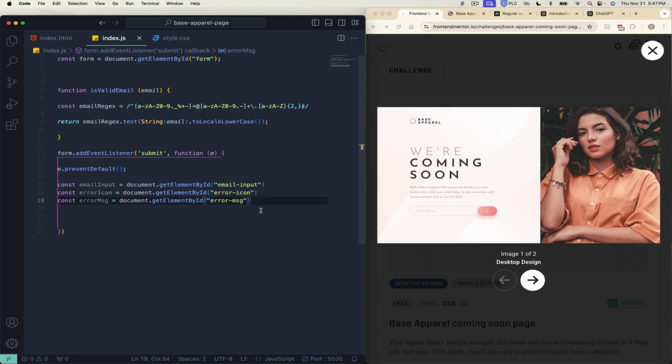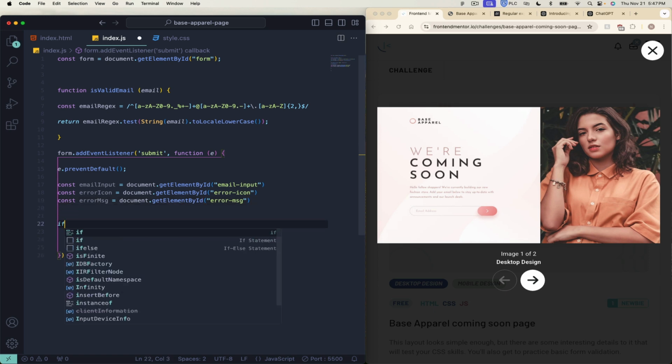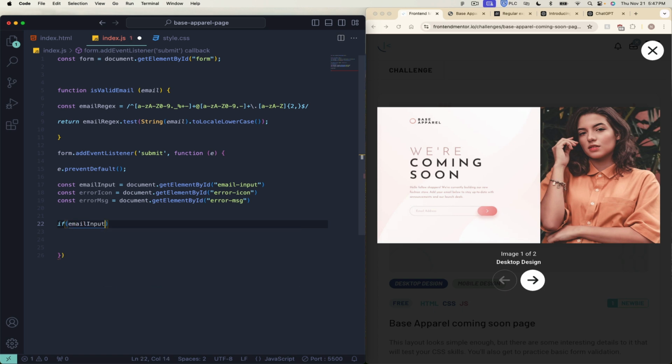All right, and then let's go ahead and we're going to use now what's called an if-else statement to check all of this stuff and do what we want. So we're going to say if email input dot value, so if the value or whatever the user types in the email input is equal to, we're going to put triple equals, an empty string, which is just 2 quotes. So if it's completely empty, we're going to do